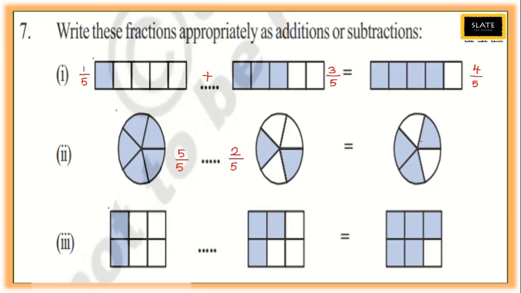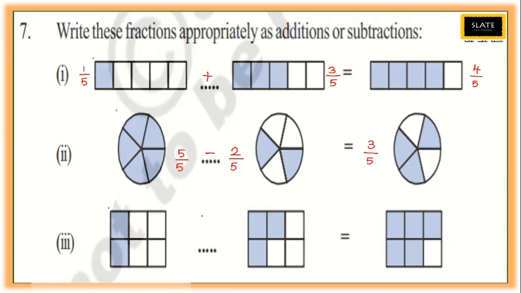Now let's see the result. Again 5 parts total, out of which 1, 2, 3 parts are shaded. So you got 3 by 5. Result is 3 by 5. Now tell me, between 5 by 5 and 2 by 5, what should be kept, plus or minus? Yes, because the answer is 3, we have to keep minus here. So 5 minus 2, how much? 3. So 5 by 5 minus 2 by 5 equal to 3 by 5.